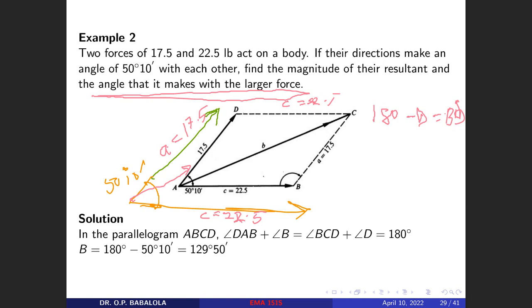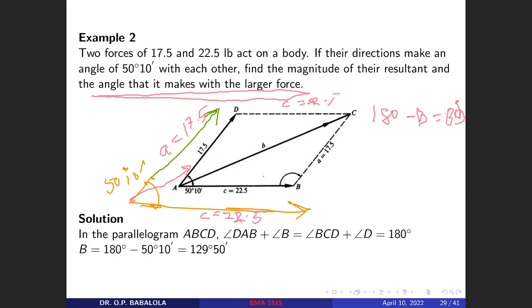So this side is 17.5, this side is 20. This is the angle we are looking for, which the resultant will make with the larger force. And then how do we obtain this angle? To obtain that angle,